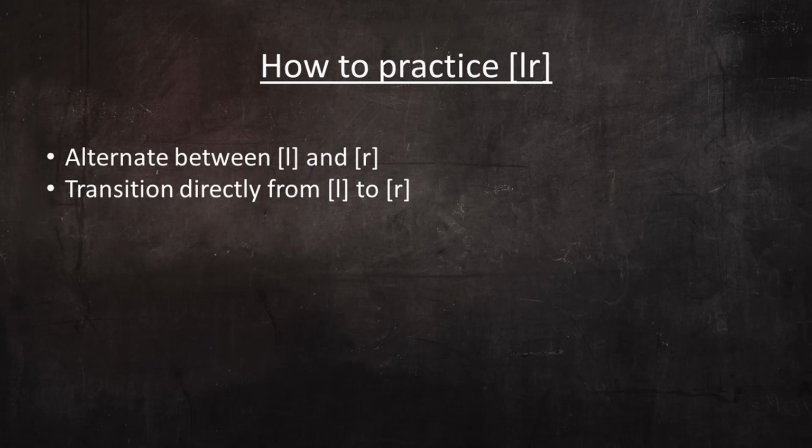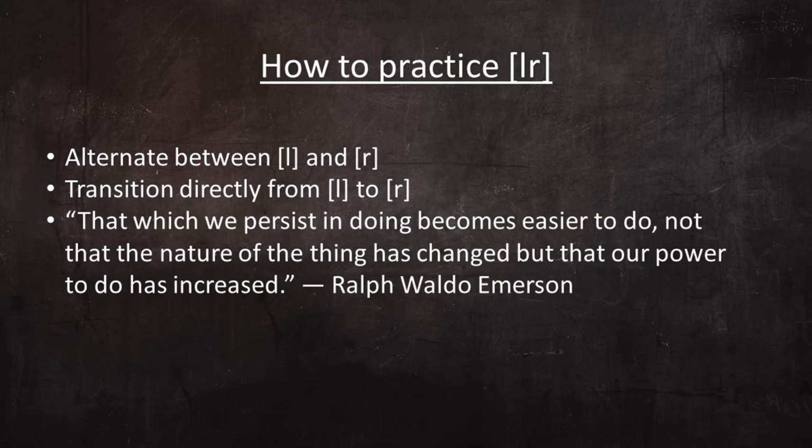It's easy to become discouraged and very tempting to say, I can't do it, and just quit trying. But those who practice will eventually figure it out and train their mouth to do it. "That which we persist in doing becomes easier to do. Not that the nature of the thing has changed, but that our power to do it has increased." Ralph Waldo Emerson. After you've gotten so you can transition from one sound to the next, practice saying words and